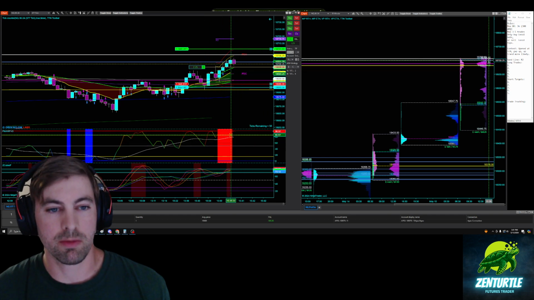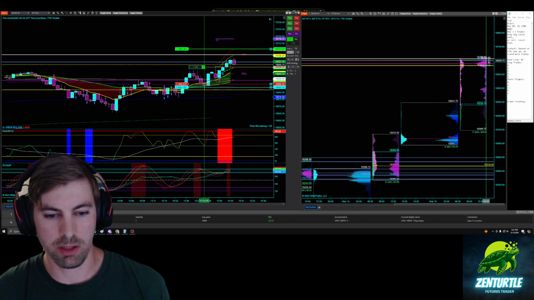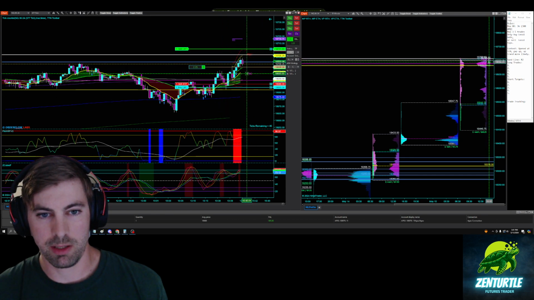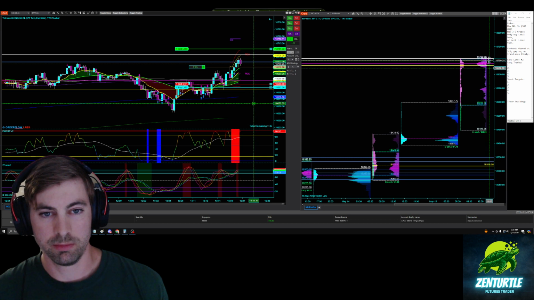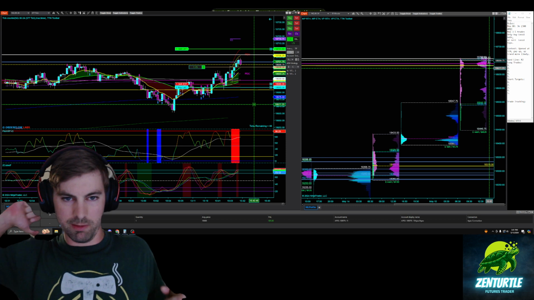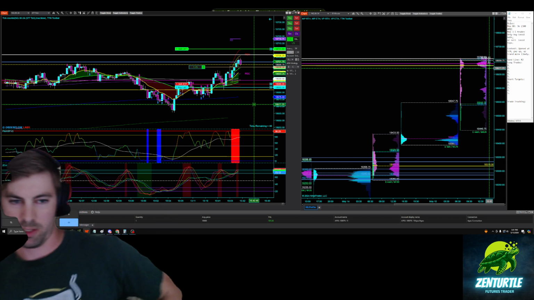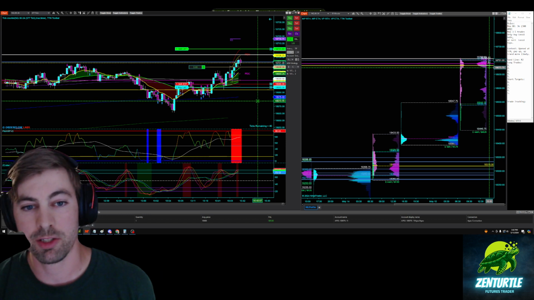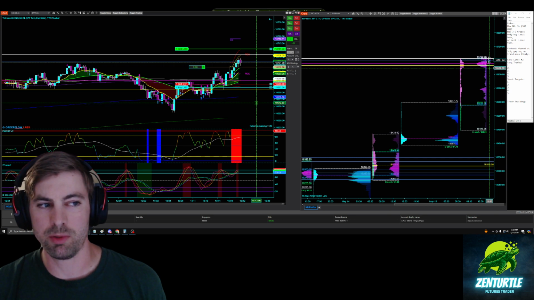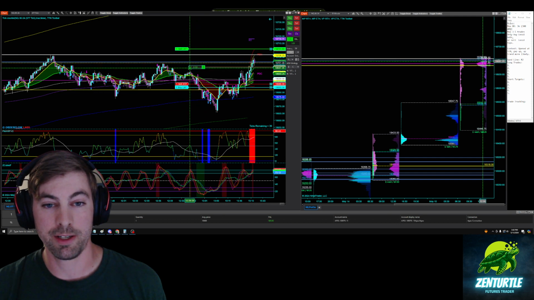PMARB is ultra red there. Oscillators are overextended. There's a divergence. Yes, price looks like it wants to come back down here. The question is, do I get out now, since it's probably going to be a break even or a loss, unless I move the stop loss to a lower part of the range? Or will the after hour bulls pick up the pace here in this area?